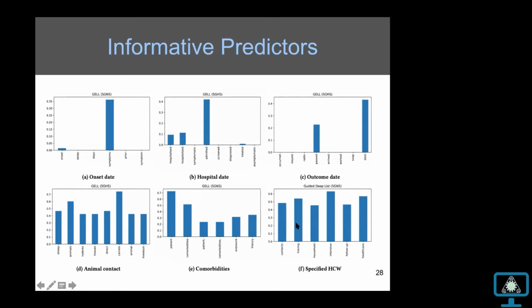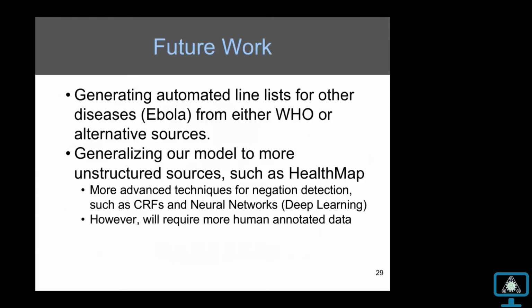This turns out to be very important going forward, trying to understand which features are most relevant for extracting each of these facets here. But keep in mind that we've done this analysis only for MERS in a particular region. A different disease in a different world region might very well lead to different conclusions in terms of what is informative. So we're still working on this, but we think of this as a starting point to information extraction in this domain. And our goal is to be able to do this at scale for a lot of other diseases